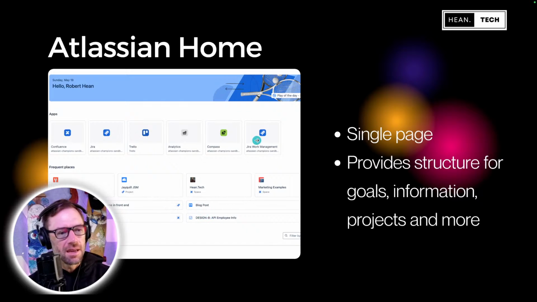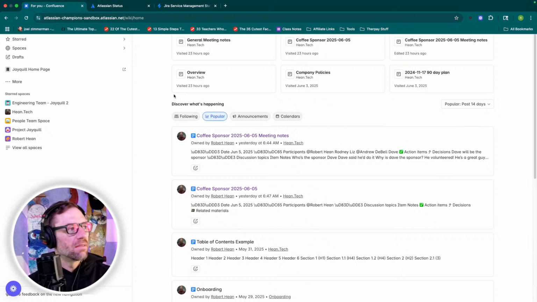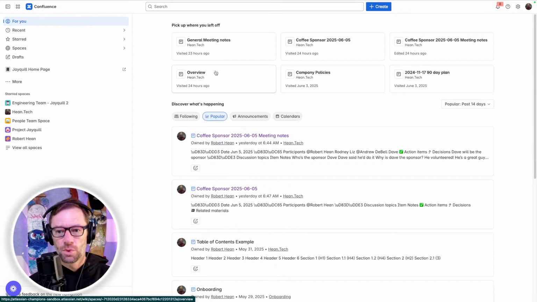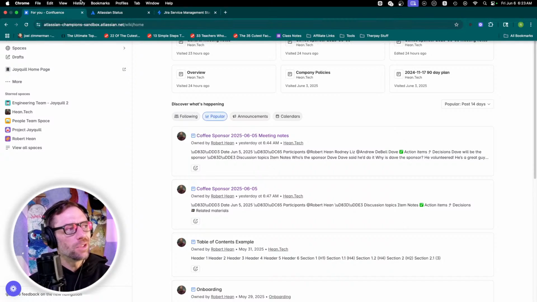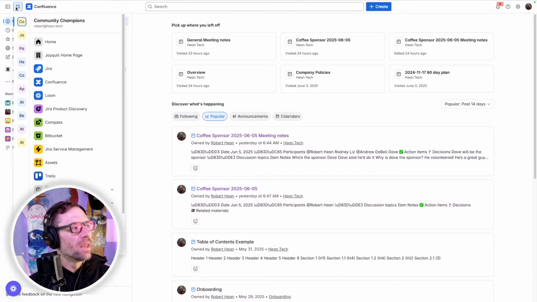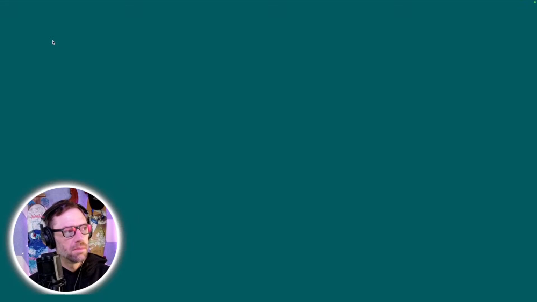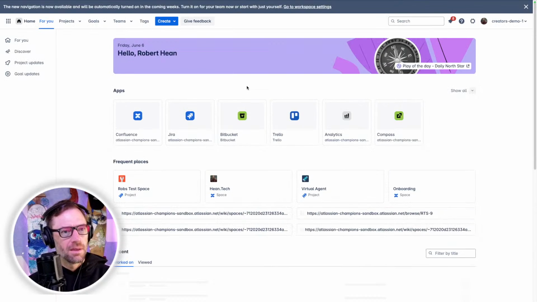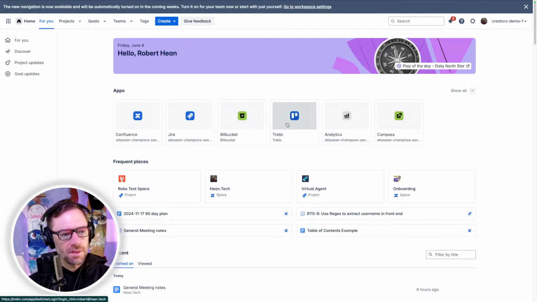I'm going to pop into, I think I've got Confluence open. I'm familiar with the top level page for Confluence, and that's what we're looking at here that kind of keeps track of what I have been doing. I wasn't aware that there's an overall Atlassian homepage. So if I click on my little, I call it the Rubik's Cube, and then click on home, it's just home.atlassian.com. Here we go. This is my homepage across products.